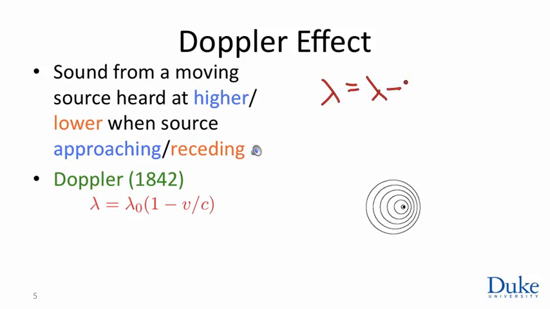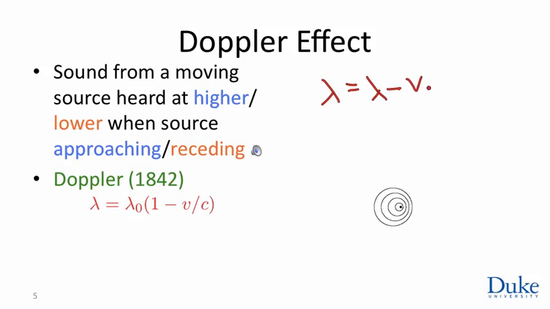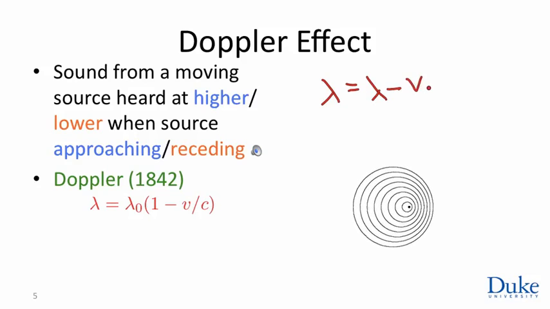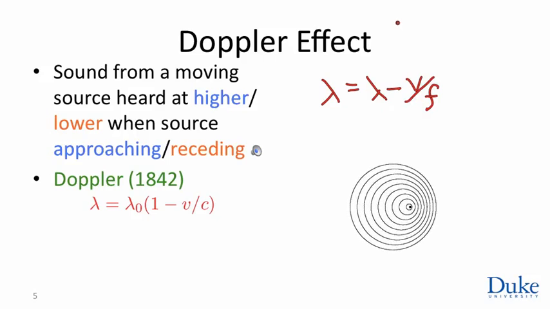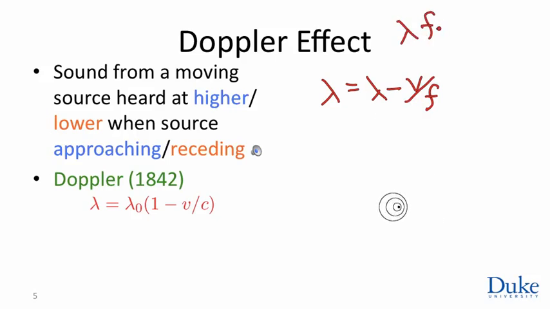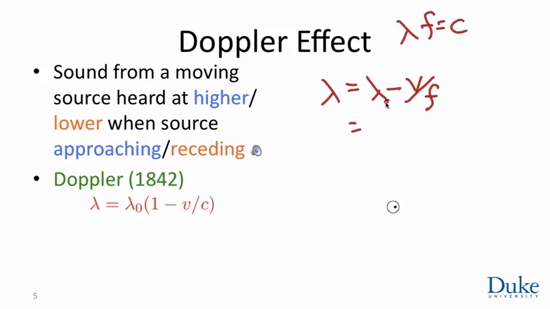One wavefront on the following, the source traveled a distance given by v times the time between wavefronts. What's the time between wavefronts? The time between emissions is 1 divided by the frequency, because this is a number of seconds. And so remembering that lambda times f is c, I can write f as c over lambda, and I get